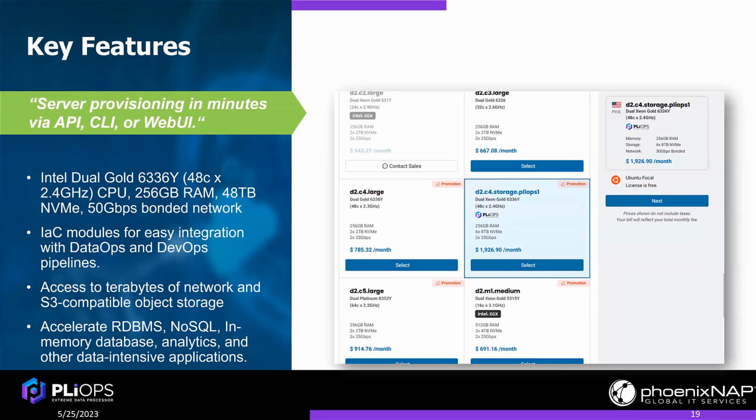Aside from all the things that we do with PlyOps, we have a collection of infrastructure assets around 7 regions around the globe that allow customers to get an entire application set, even if it is a single application, maybe Redis is just a component of that application. We have different size instances, different operating system options, complex networking capabilities, all of which are delivered as an API, a user interface, a Terraform integration, an Ansible integration, so that you can click and design or code and design your infrastructure